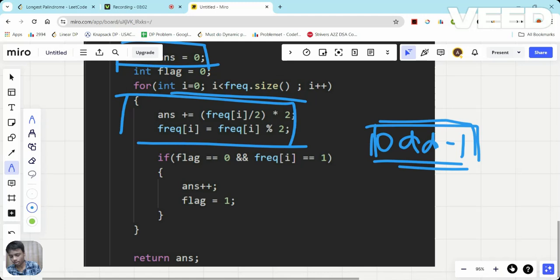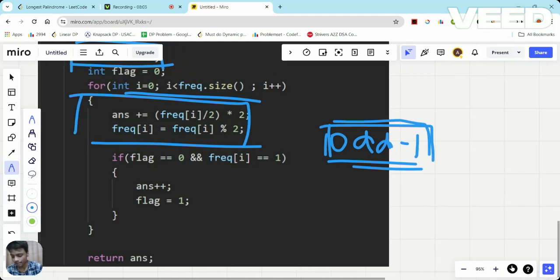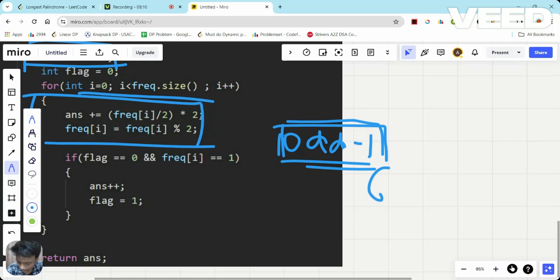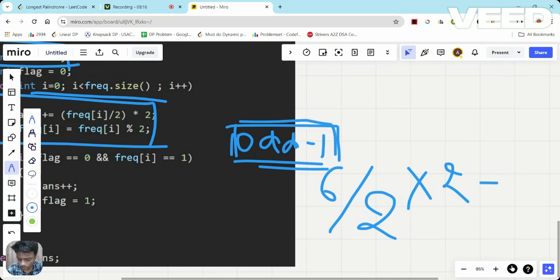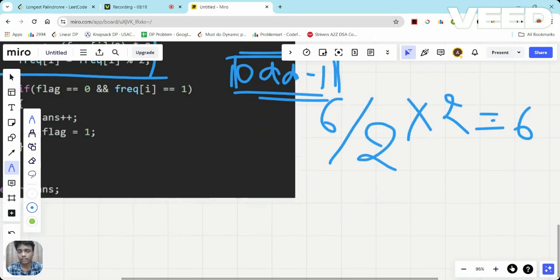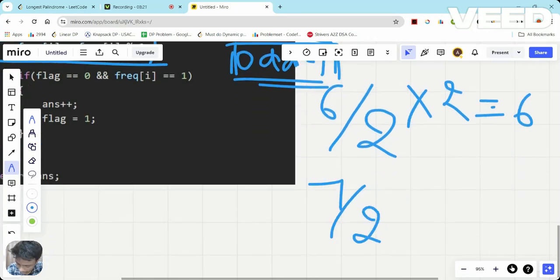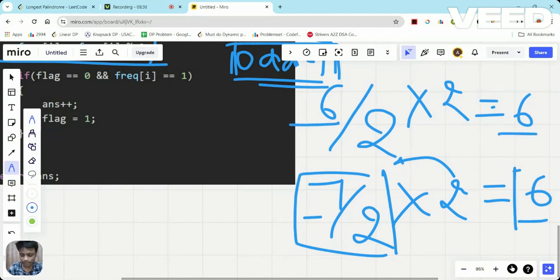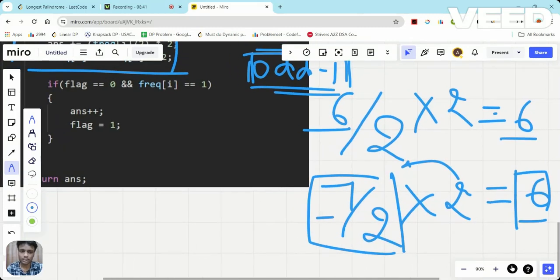But in place of this, what I'm exactly doing is, if I found an even character, let's say I found 6. First of all, divide it by 2, then multiply it by 2. It will come out to be the same 6, right? But if it was an odd character, then in that case I am dividing 7 by 2. It comes out to be 3, because it's an integer variable. Then I am multiplying it by 2. It comes out to be 6. So basically you can do it simply: if found even simply add, if found odd simply subtract 1 and add it. And I am using this logic basically.